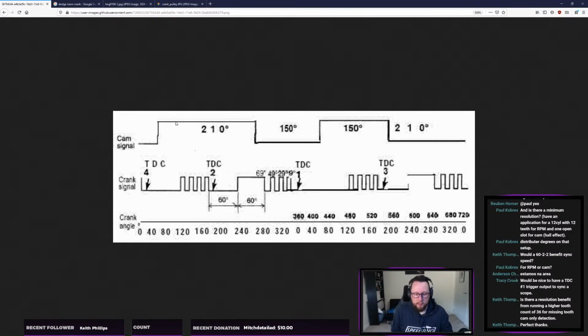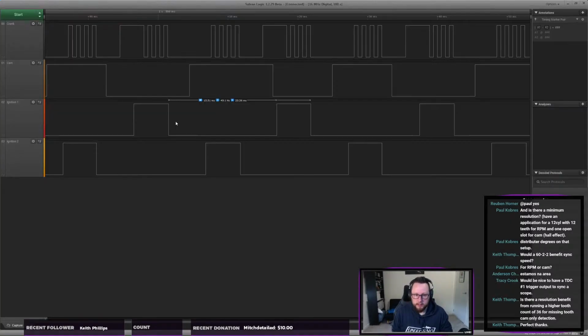So at this point we have a working decoder, and that's exactly what we see in this pattern here. We've got a crank and a cam that we saw before, and we've got two ignition pulses. In this case we see that the ignition pulses are wasted spark, and we can tell that because we know that a full revolution is going to go across here, and we've got two ignition pulses happening in that time, so we know that it must be wasted spark. And sure enough,